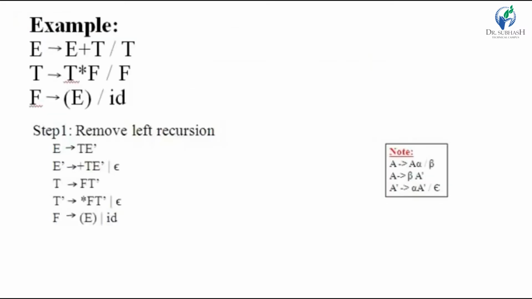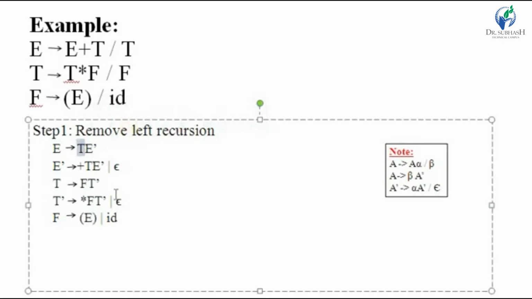Next find follow of T. Follow of T. So first find this one. Compare this line to alpha B beta. So first of E dash. What is the first of E dash? It's a plus and epsilon. It derives epsilon. So minus epsilon union follow of E. So follow of T is equal to plus dollar and closing bracket.